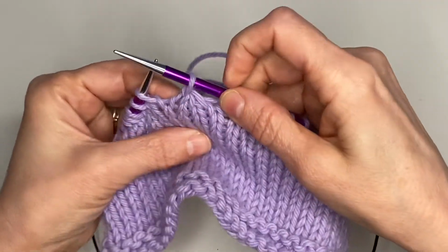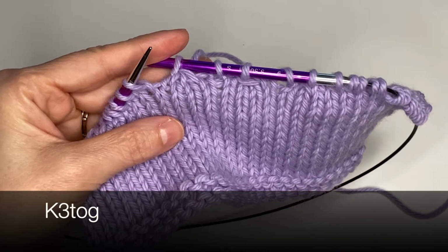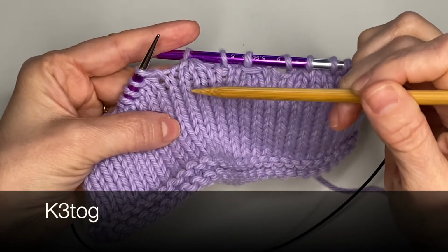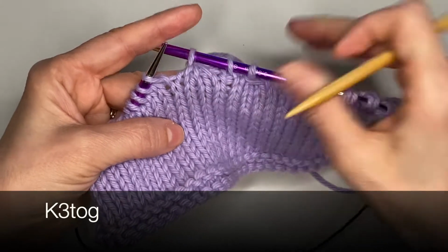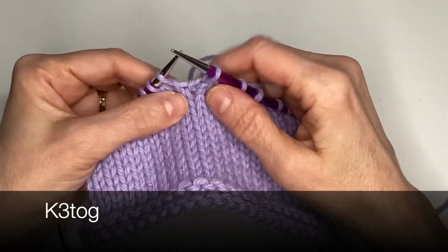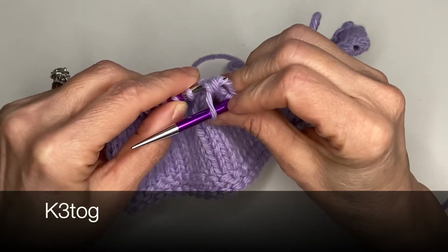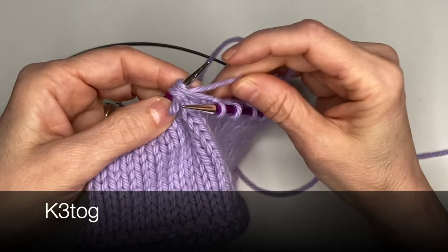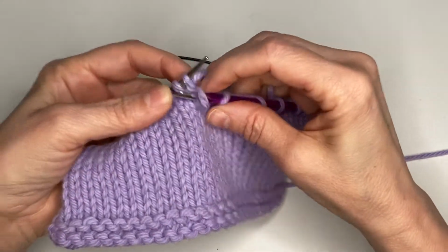And now, if you look here, you'll see 3 stitches going into one. So I have 1 stitch here that goes into a stitch, 1 line of stitch here, and then I have another one right here. So you can see 3 going into 1. So for a knit 3 together, I'm going to do just what I did for the knit 2 together. I'm going to go in front to back, but this time I'm going to go through 3 loops. Front to back, and then I'm just going to pull that working yarn out, and there are my 3 stitches. I'm going to go 1 more,